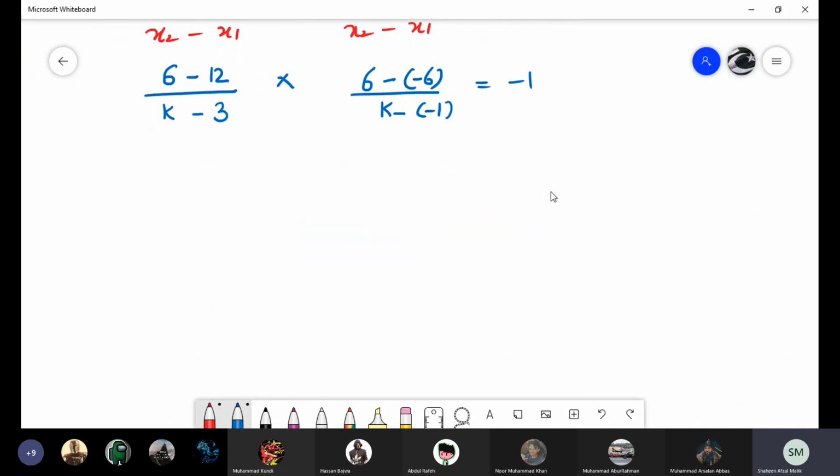6 minus 12 will be -6 over k minus 3. 6 plus 6 will be 12 over k plus 1, is equal to -1. Then multiply the numerator with the numerator, denominator with the denominator. 12 sixes are,